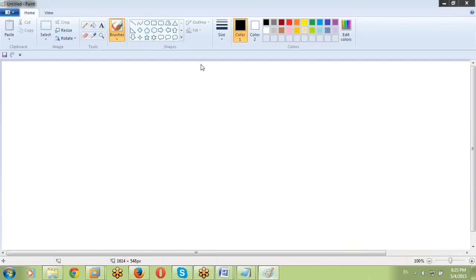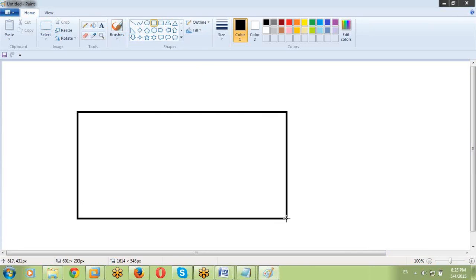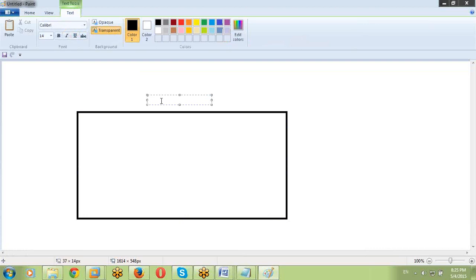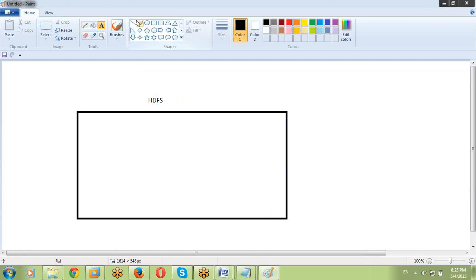Not remembering is not a problem. Where we are creating our Hive tables is HDFS. In HDFS we installed our Hive. What is the location name?